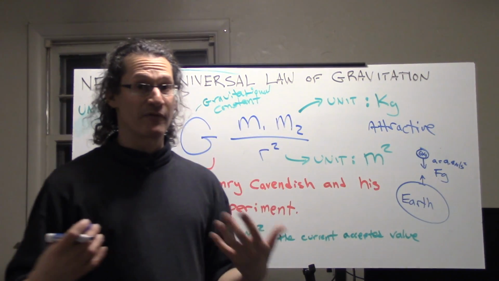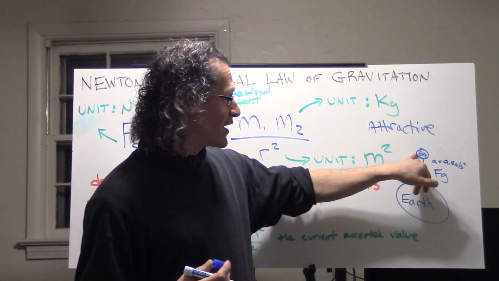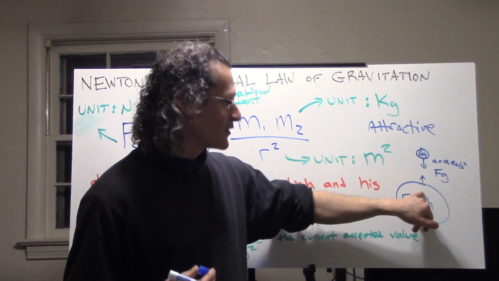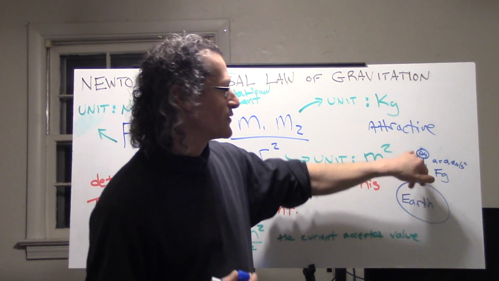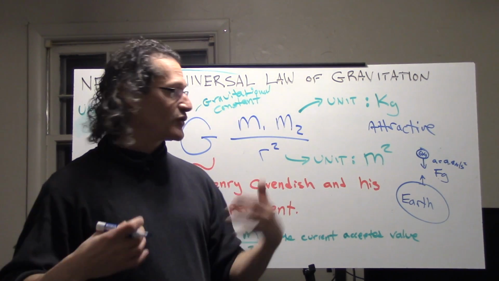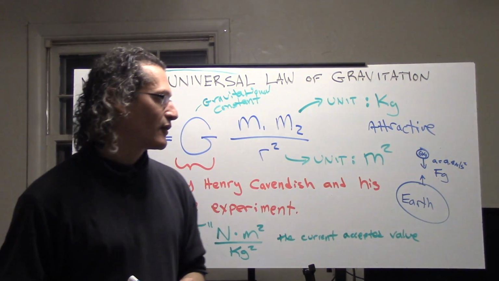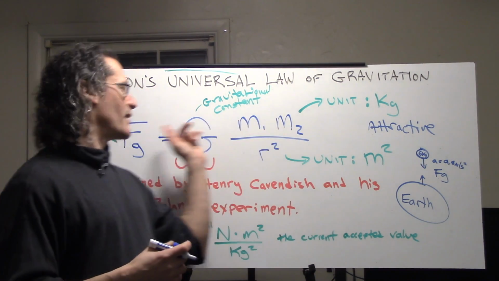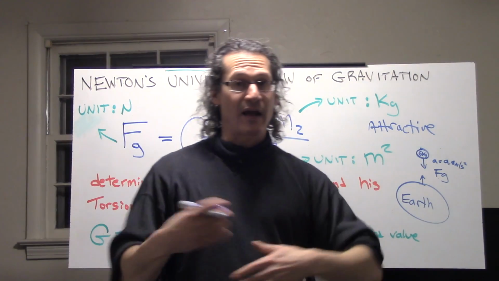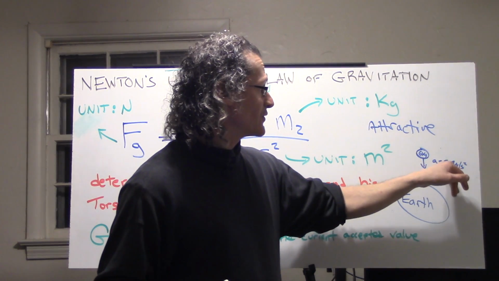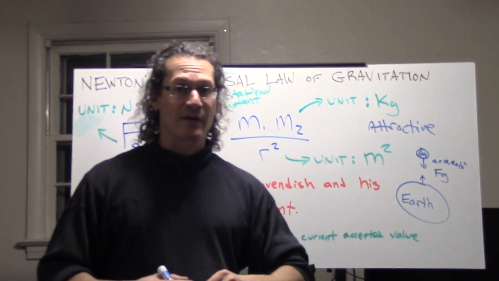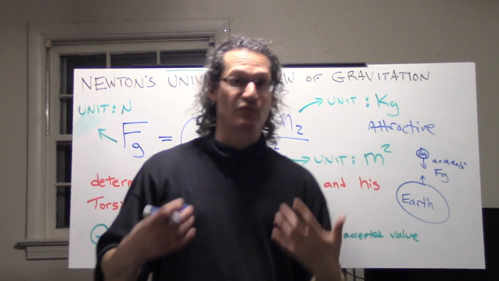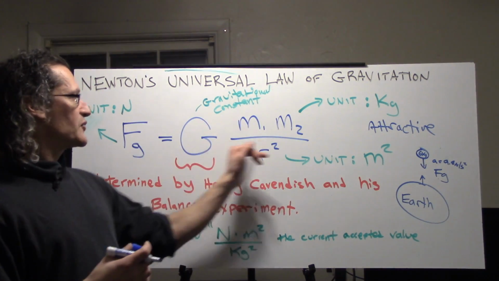Even though it's an invisible force, the 6 kilogram object is attracting the Earth towards it, and the Earth, of course, is attracting the 6 kilogram object towards the center of the Earth. This relationship will tell us about the force. Now, anything on the Earth accelerates at 9.8 meters per second squared. It's not mass dependent, and what we're going to see is why that's the case. It actually comes from here.